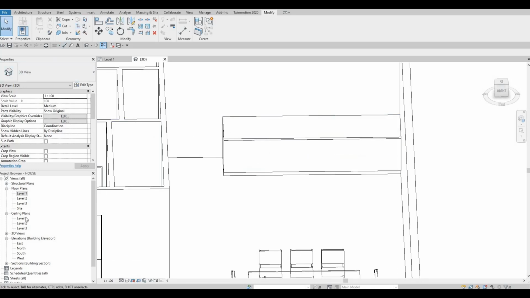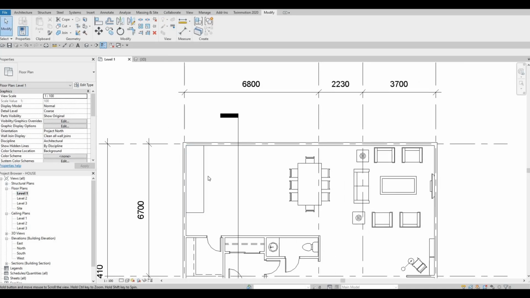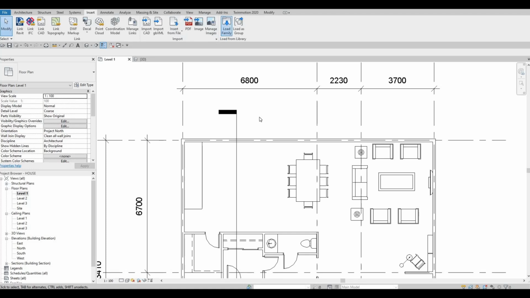What we could do is insert the sink. I think it's better to insert the sink so that you can see what we're going to cut here as well. So let's insert, load family,